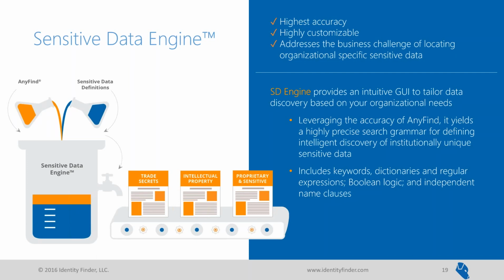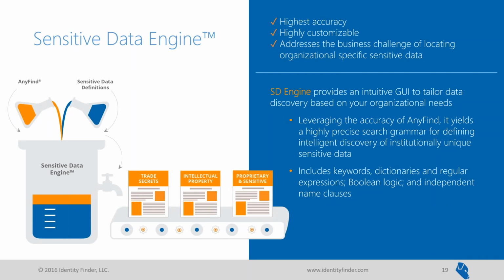But let's take it back for a second. We talk about locating credit cards and locating personally identifiable information such as social security numbers, driver's licenses, and so on. And that's a core functionality of our AnyFind technology, right? So AnyFind allows us to narrow the likelihood of a positive match, and it also eliminates false positives through a series of validations. So after years of refining and improving upon that solution, we derived this sensitive data engine